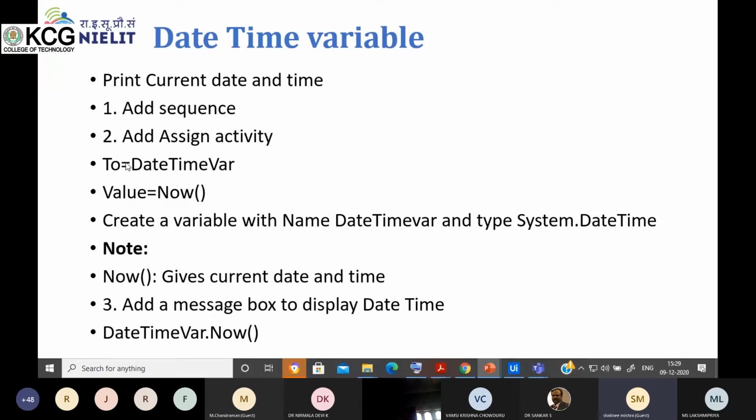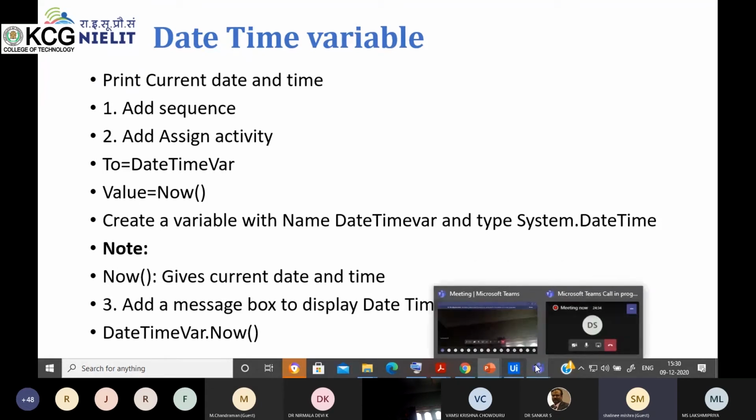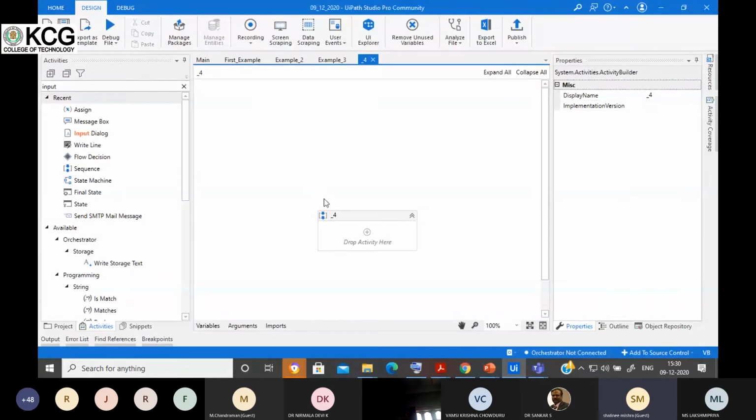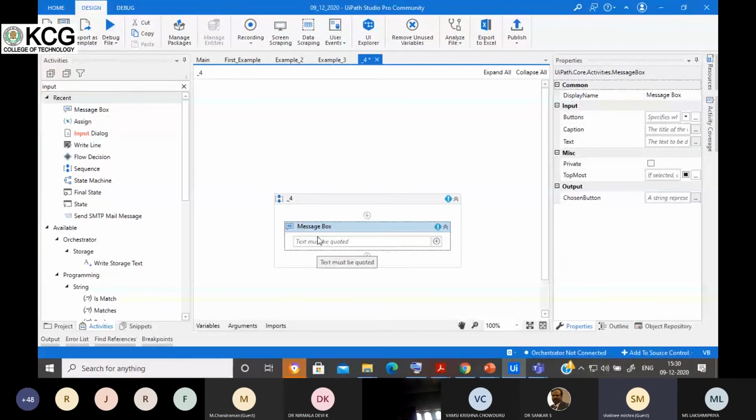Inside this assign activity, in the to part I'll create one variable, and in the value part I'll use this function, now. The now function will return the current date and time. You can see the time here, the same date and time I will get. Or you can directly use this message box.